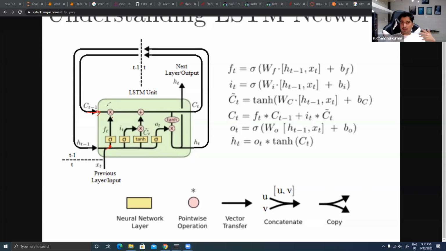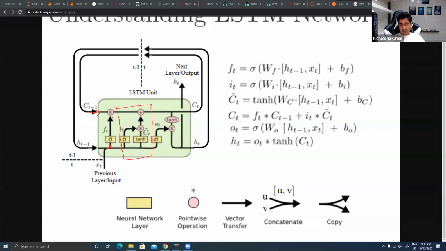If both are the same, in that case it will try to increase it. Otherwise, it will try to decrease it. So it is just a vector multiplication that we perform over here, and this channel is called the forget gate. It will help to change the context, or help to forget the context. Now, the next channel. This one is the forget channel. Now, this is the second channel that you will be able to find.